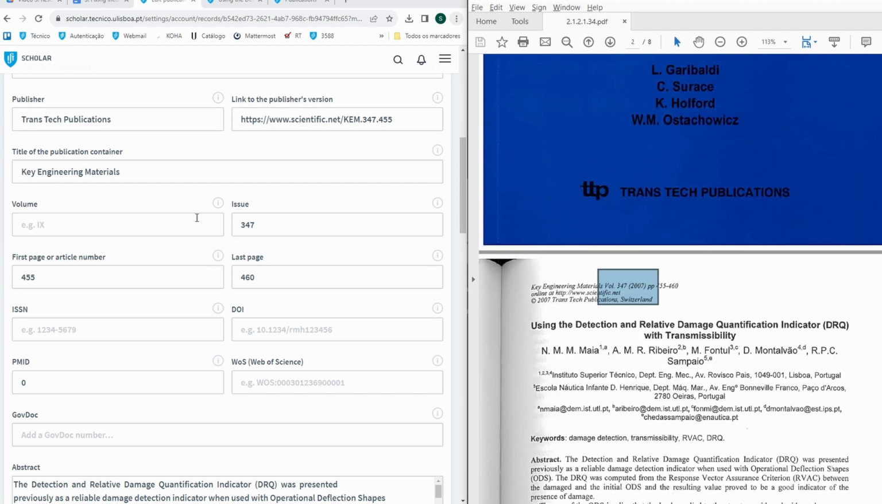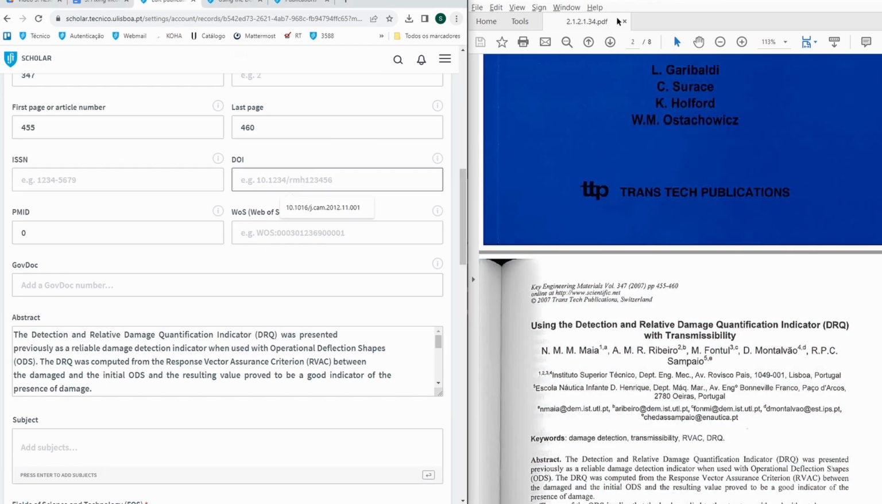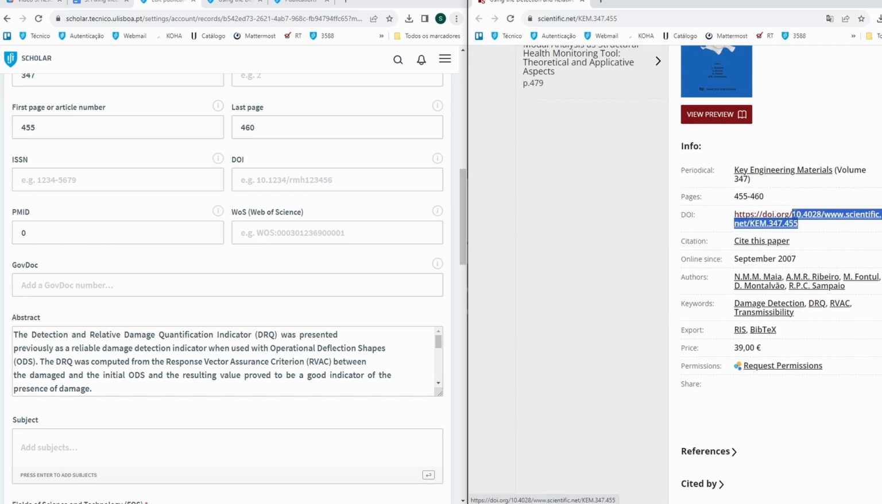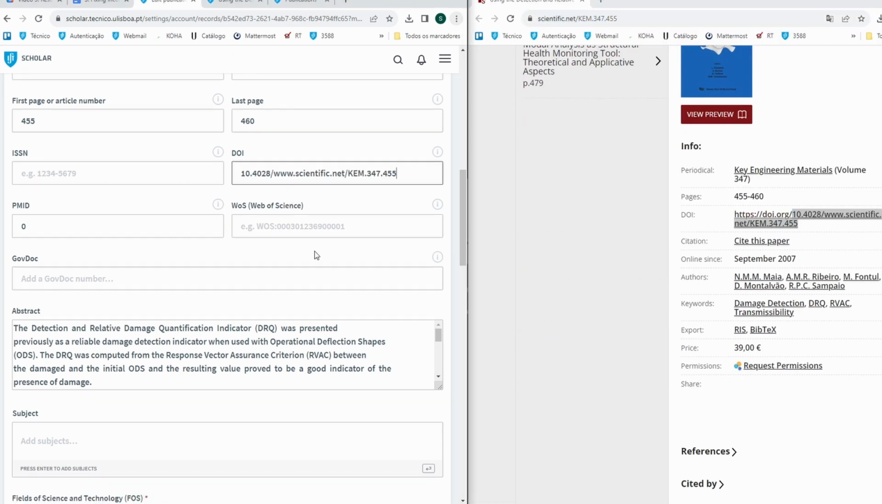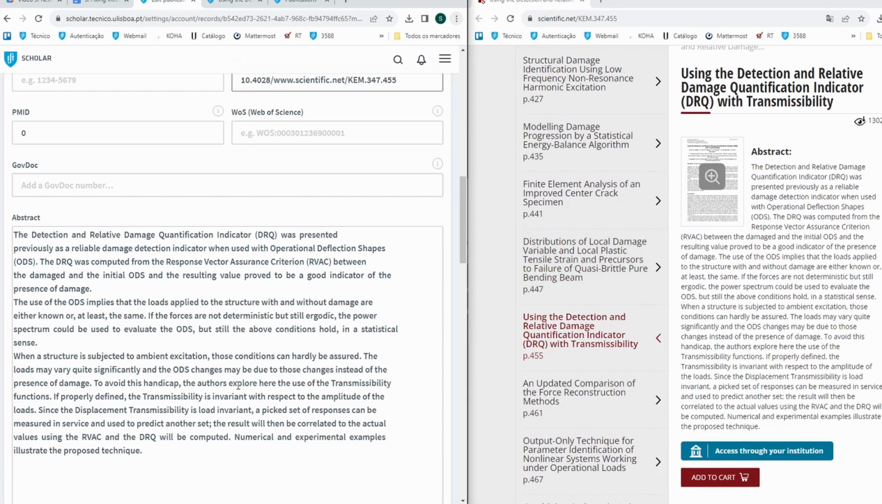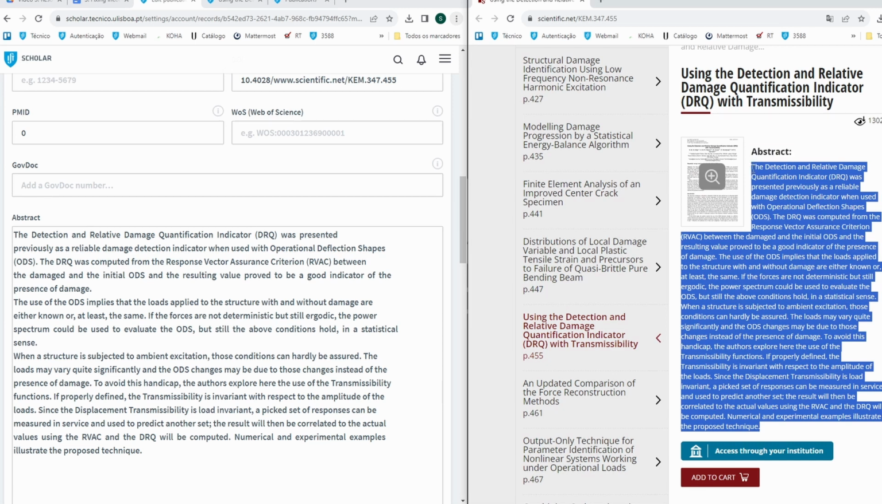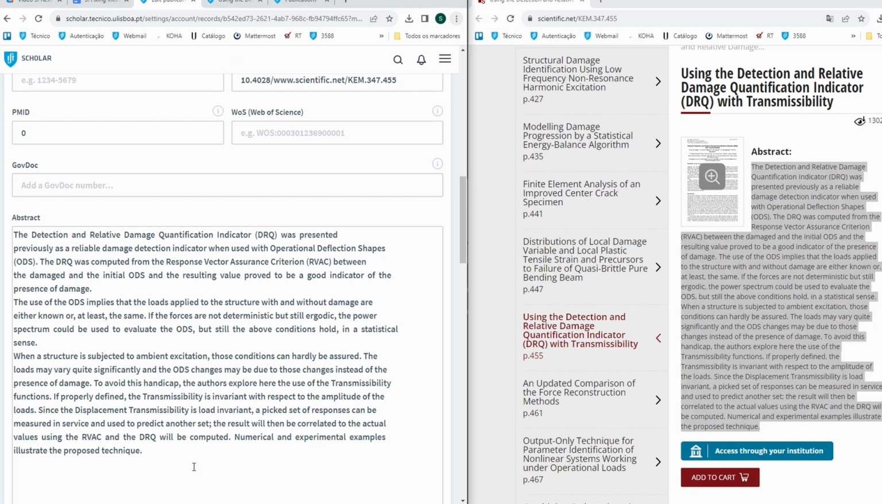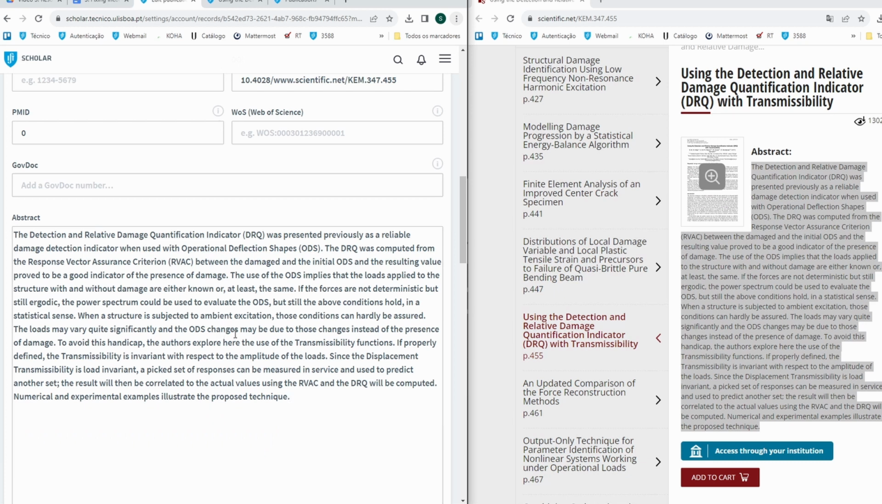This article doesn't have an issue, only a volume number. I can also fill in the digital object identifier. The abstract is also very important to give more information and allow more people to identify this article. The abstract is a field by which the repository can identify the keywords when a user is entering keywords into